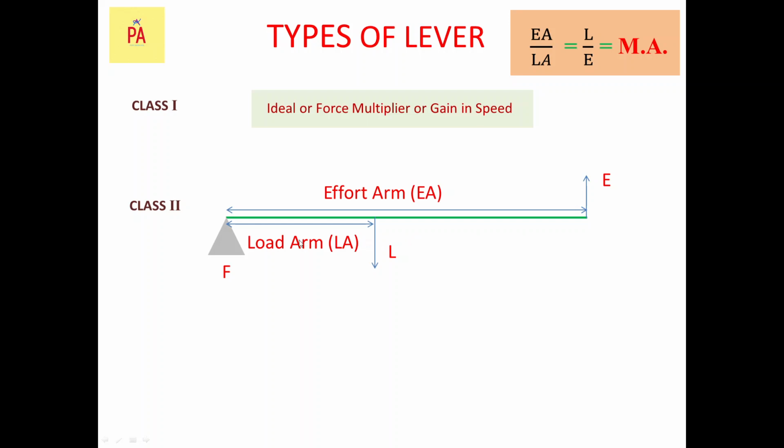This can be at the mid position also, it can be near to the fulcrum also, it can be near to the effort also, that load point. If you see the diagram, in whatever position you move this load or the effort, you will always find that effort arm in this case is always more than the load arm. That means there is only one condition, because you cannot move the fulcrum. Fulcrum is fixed. That is a fixed point of rotation or axis. Understood? So fulcrum remains at the same position. So here there is a change of the load point or maybe the effort point, whatever may be the case, you will always find that effort arm is always more than the load arm.